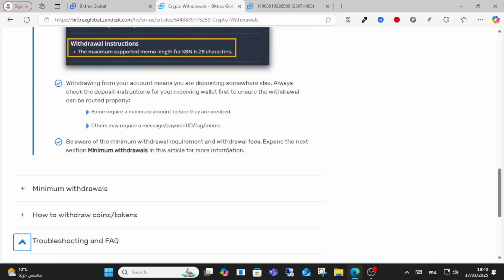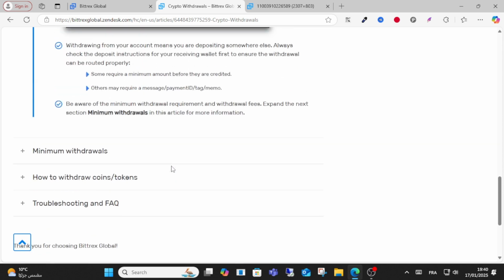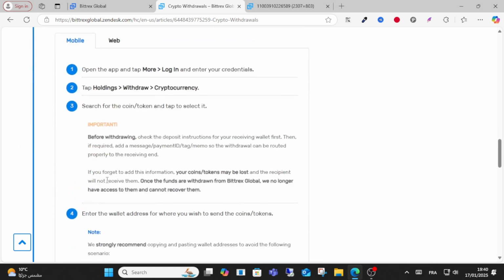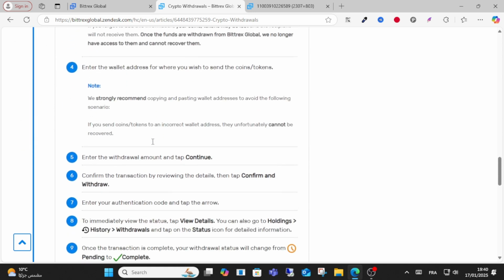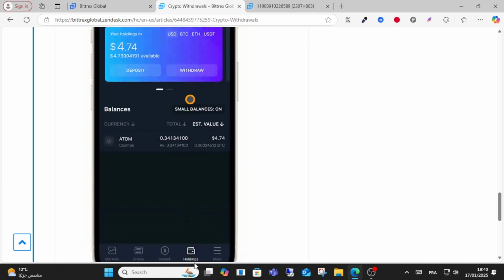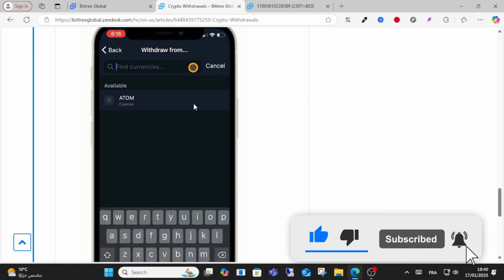After that, guys, what you have to do, just click on the withdraw option on your account, and make sure you have the minimum amount before your credit, and send a message, guys, to support and write the payment ID of your payment, and just click the withdraw option. And after that, guys, confirm your withdrawal, the right withdrawal. And what you have to do, just click this option and click withdraw from your dashboard, and you will withdraw